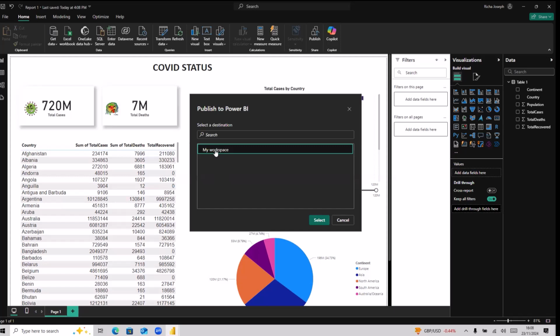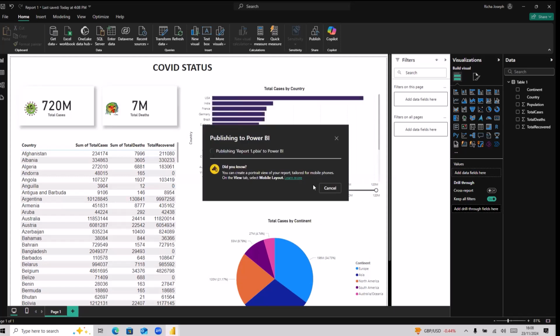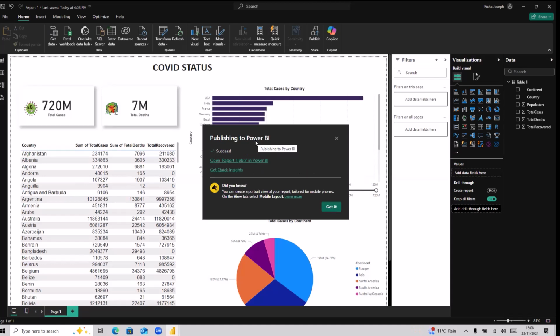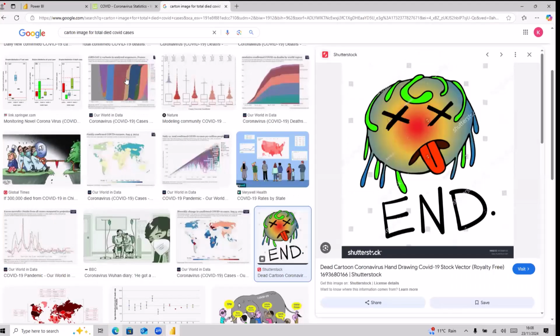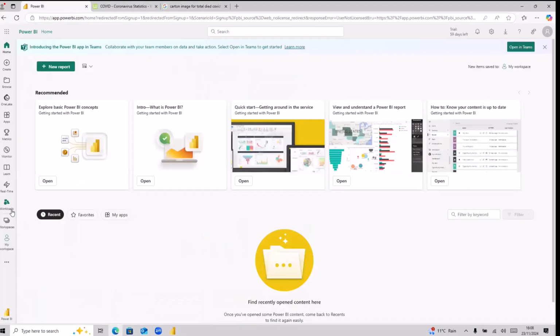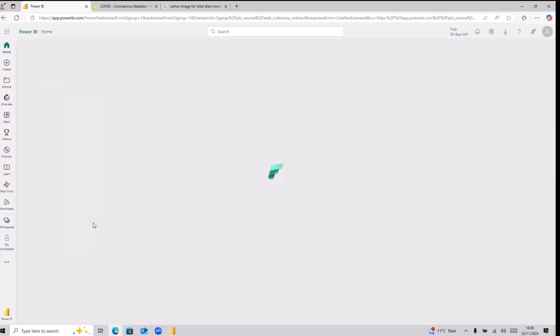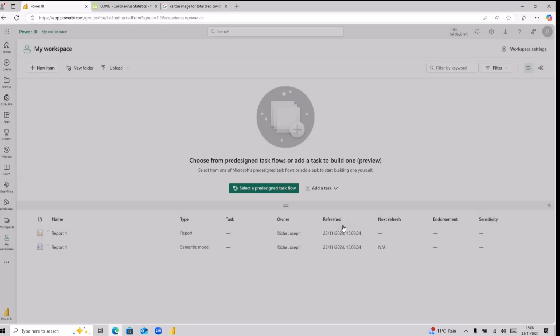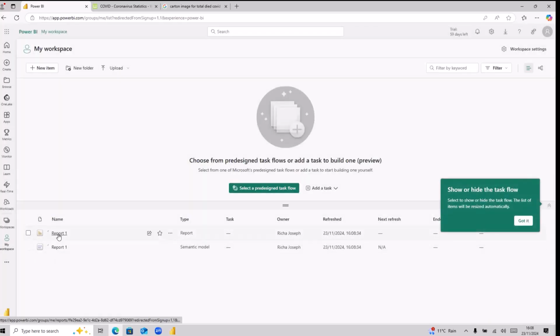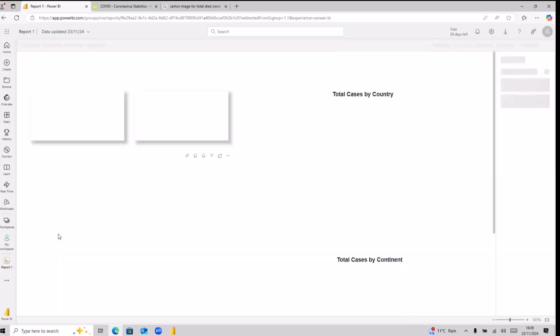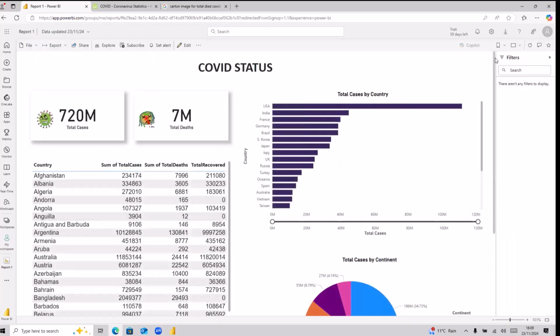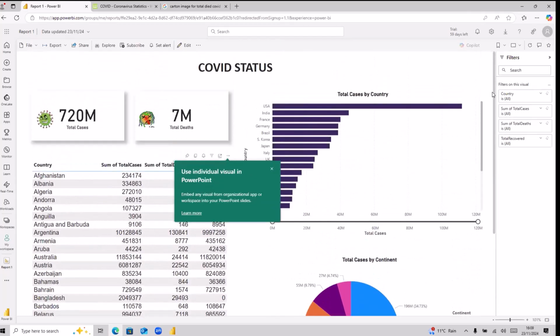And here you can click on this my workspace and click on select. So what it is doing is it is publishing this report to Power BI Cloud service, and it has been published. Now, if you go back to your cloud inside your workspace, you will find your report here, report one, and click on this. There you go. You got your beautiful report published inside this, and that's very good